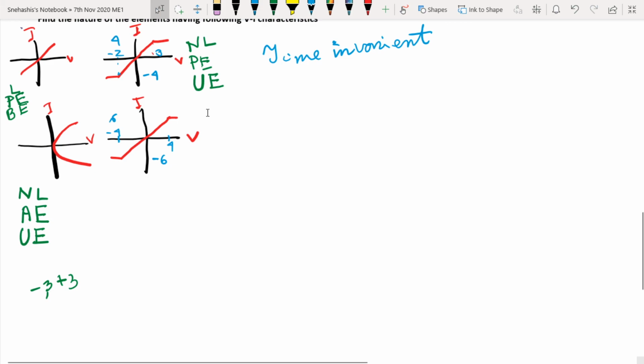And lastly, in this case you see that it is nonlinear, that's true, not a straight line, though passing through the origin. Second, it is a passive element, no activeness is there, as the slope is always positive, in the first and third quadrants only. And in the third quadrant the slope is minus 6 by minus 4 here and 6 by 4 here. So ultimately the slope is 1.5 in both cases, this quadrant and this quadrant too. So it is a bilateral element.